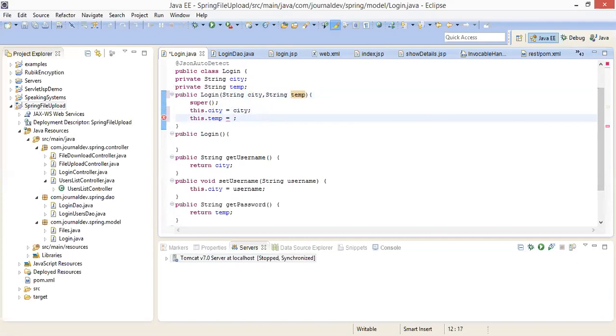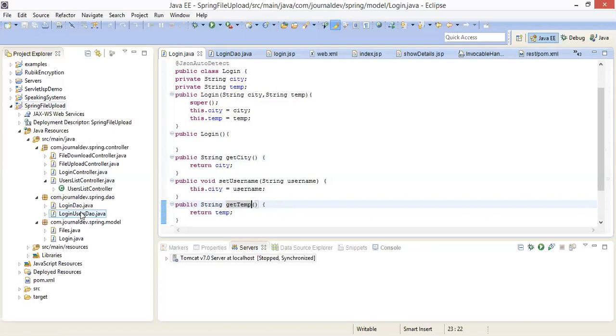This is the data model, temp. And finally get city and get temp. So now if I save this,